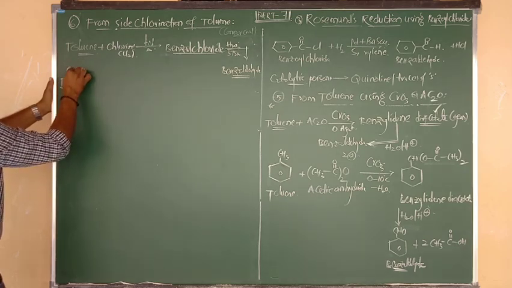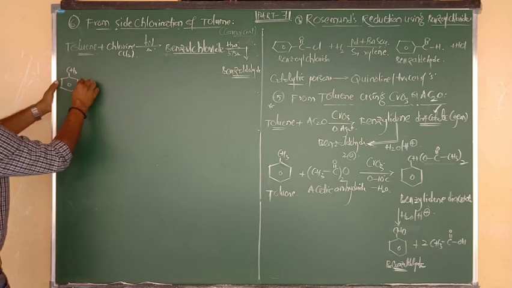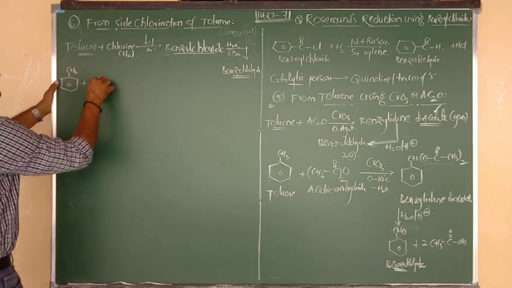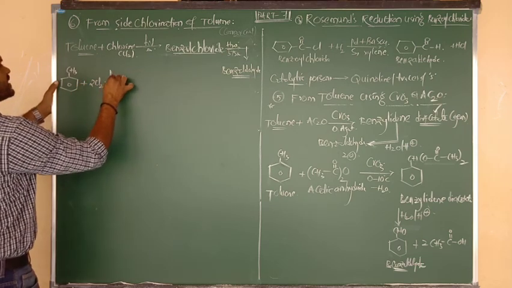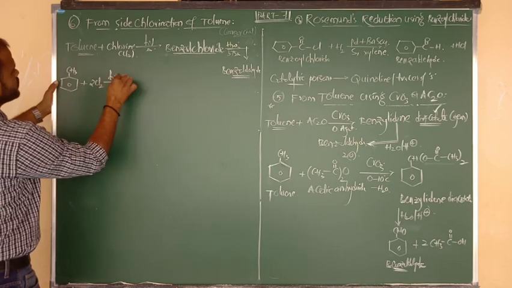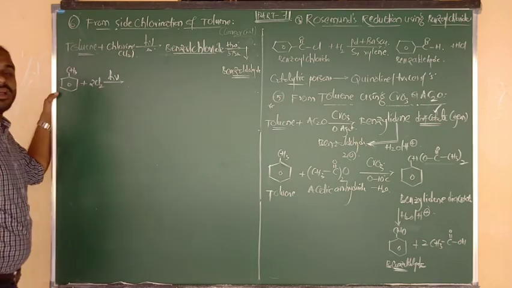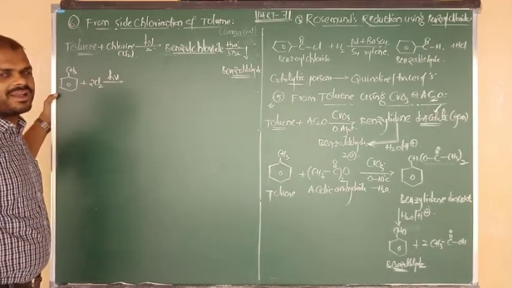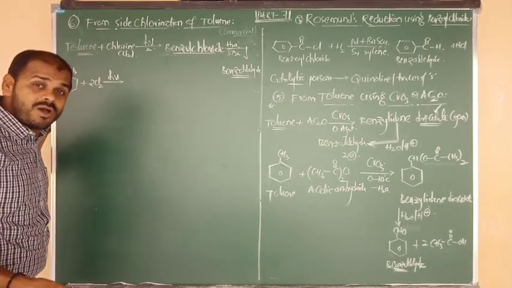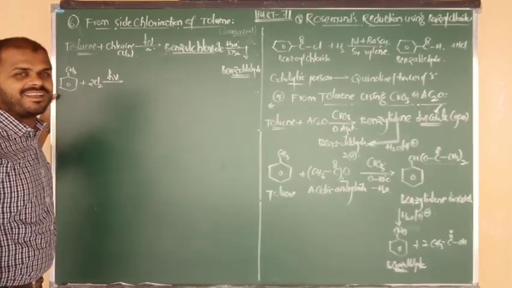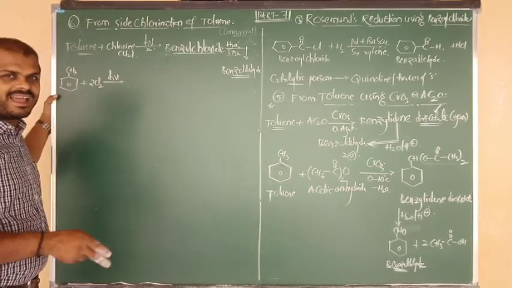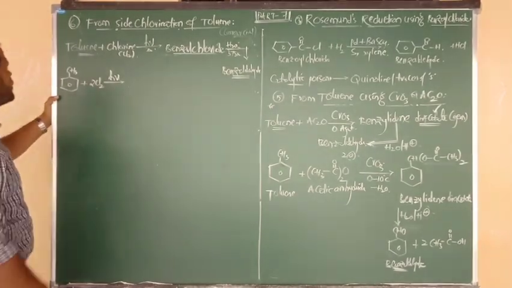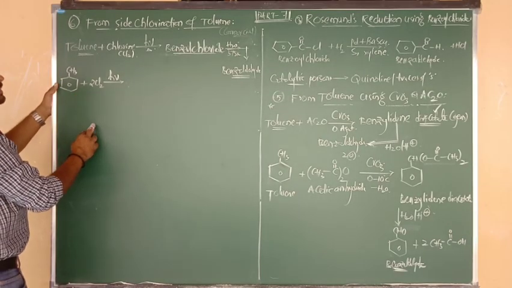Toluene formula: benzene bonded to CH3 undergoes reaction with 2 moles of Cl2 in presence of sunlight. Sir, why are you taking 2 moles? Okay, now if you take 3 moles, it will convert into benzoic acid, but we have to take only 2 moles, then it will match. For suppose 1 mole, what can happen, sir? You will get only benzyl alcohol. 2 moles gives benzaldehyde, 3 moles gives benzoic acid. Good. So 2 moles of Cl2 are going to react.